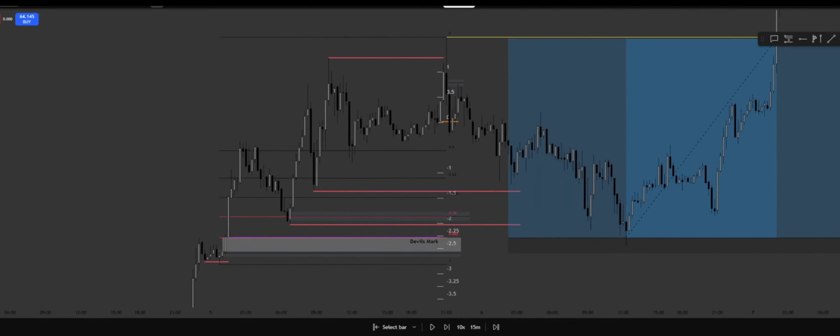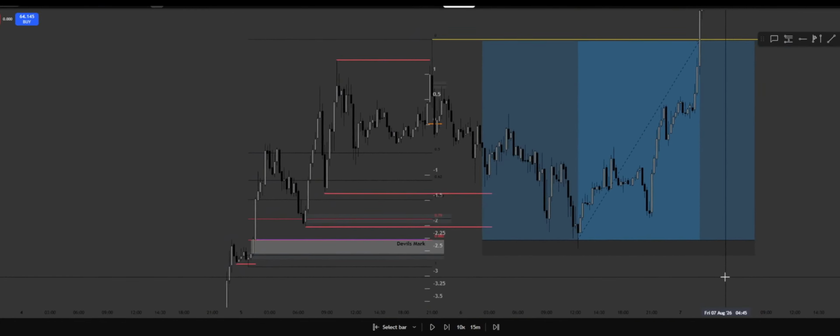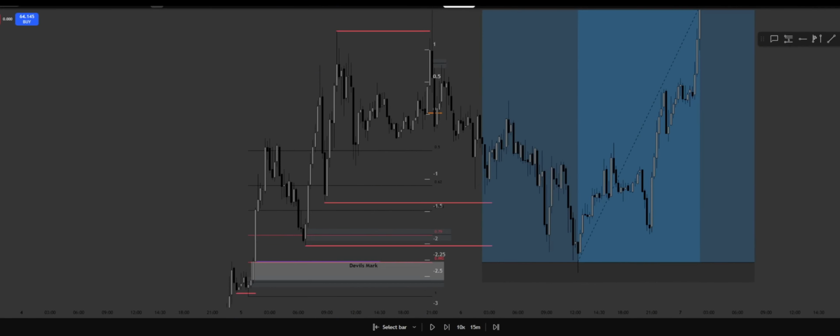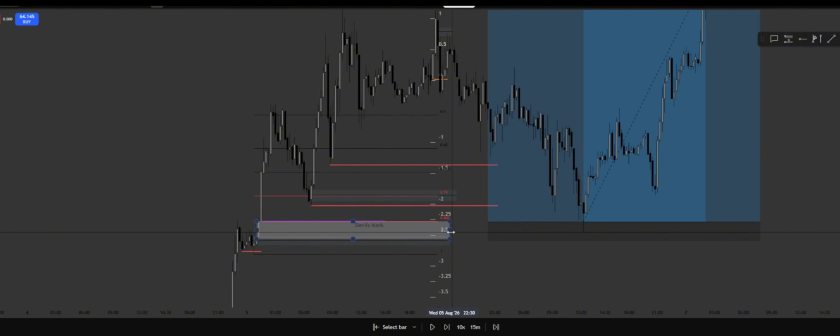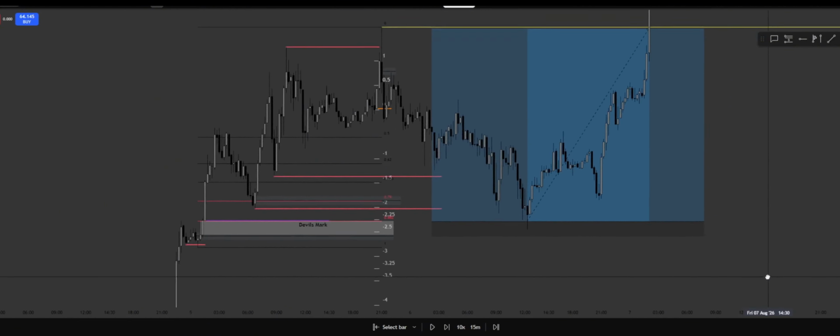So that strategy right there, standard deviations aligned with OTE. Okay, then the real sauce right there, this is devil's mark. Okay, so if you ever see a devil's mark aligning with one of your OTE levels, never take a trade off the PD arrays as well. Maybe should have said this a bit earlier in the video, but yeah, you always take a trade off one of your OTE levels. Never choose the beginning of the fair value gap, the beginning of the order block. Always choose a level, and always make sure that level has plenty of